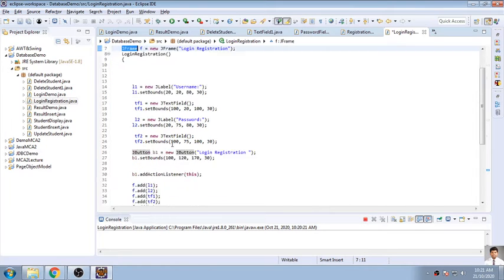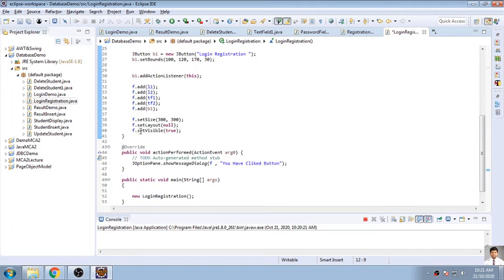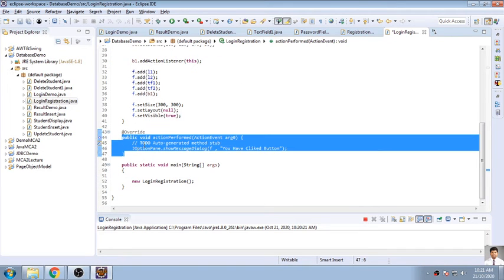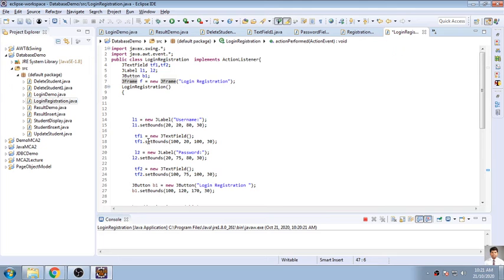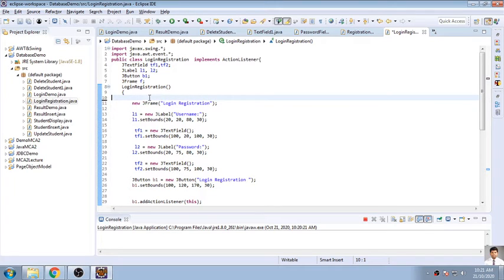And I want to access the frame in the login registration button and in the action perform function also. So I have declared this frame globally. You can declare it within a function also, so there is no issue executing or creating an object of a frame anywhere. Just the declaration being global is most required.